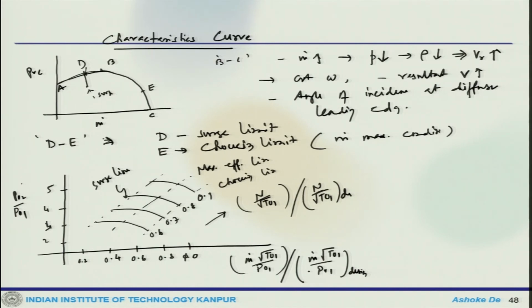Okay. And what it does is, as n goes up, rotational speed goes up, which means W equals T omega goes up. So, more work is involved and hence higher pressure rise. Okay. And as we have discussed earlier, the n is limited by the structural stress, which essentially controls the U for a particular speed.